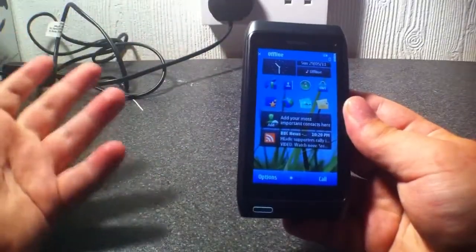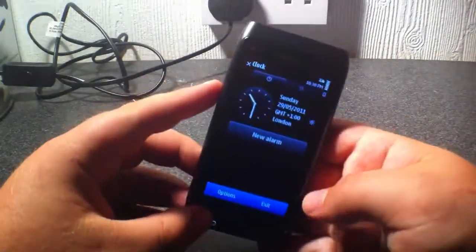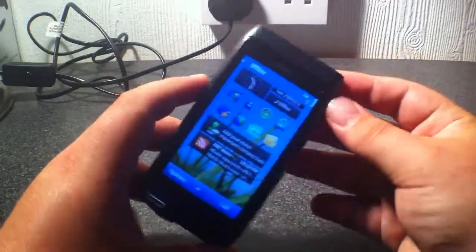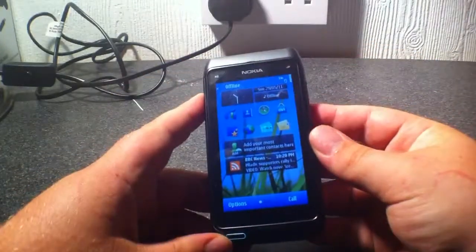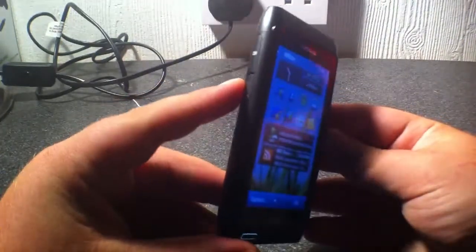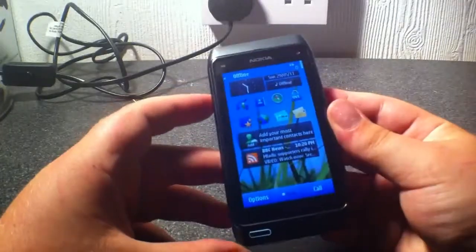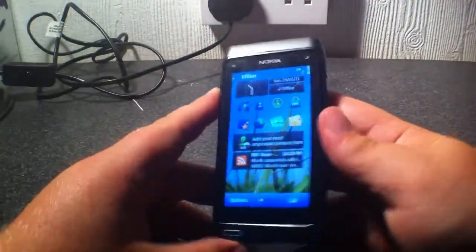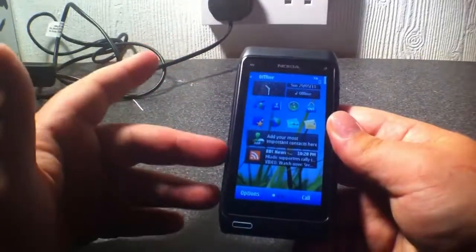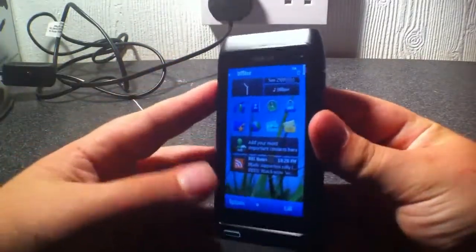So yeah, what's my conclusion? It's a nice phone, definitely. There's no doubting that. But if you're someone that's used to an iPhone 4 or even a 3GS, you're probably not going to be impressed a great deal by this phone. Whereas if you're somebody that's moving from a low-end phone, maybe a non-touchscreen phone, and you're looking at a new model and you don't want to spend too much money,